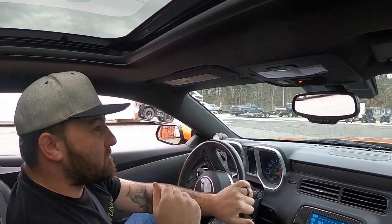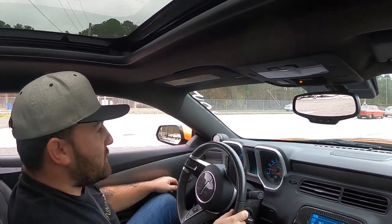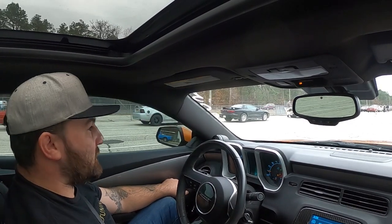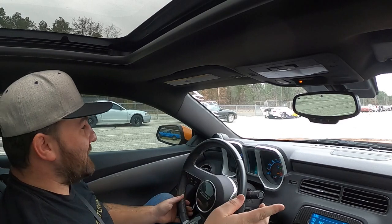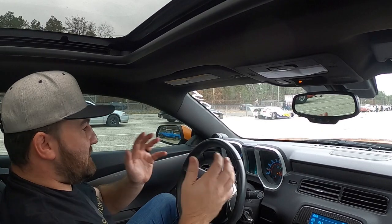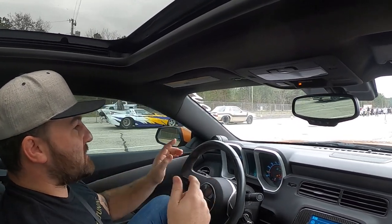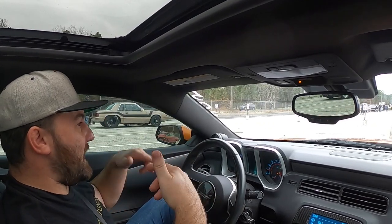What I know is going on right now is that it was a long shot using this stock diff that probably had who knows how many miles on it, but it's only kicking one-leggers and I can feel it during the burnout. It does this in the back end, so it's not spinning together. And then when I left for that pass, I felt the rear spin one-legger, this one finally caught up,